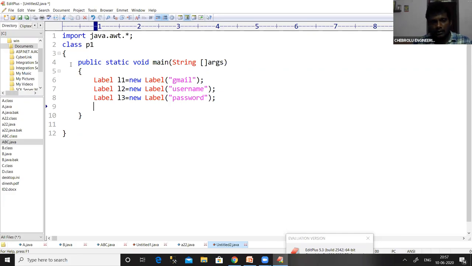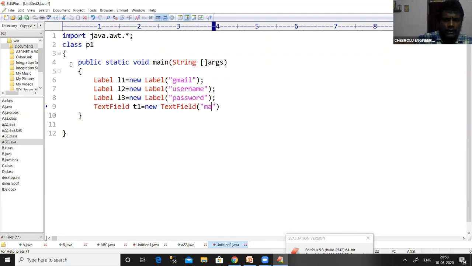email. So the space will be created by creating an object for the TextField class, which is under the AWT component. So TextField T1 equal to new TextField of mail.